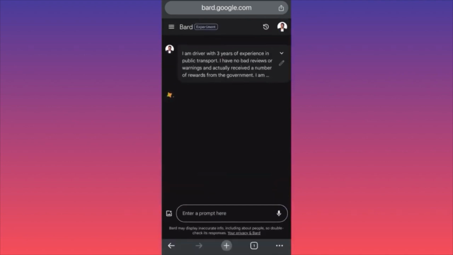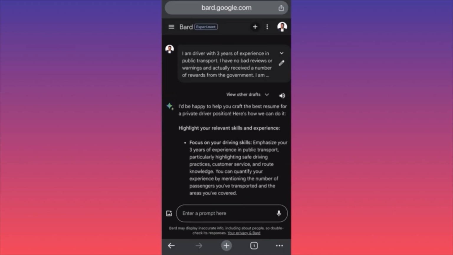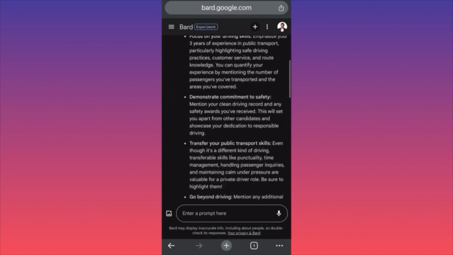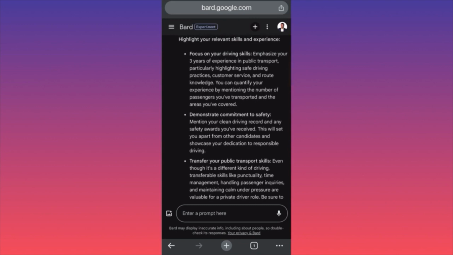Let's see what kind of objectives we are going to get. Okay, let's see. Highlight your relevant skills and experience. Focus on your driving skills. You see, guys, we got pinpoints over here. This is good because instead of us loading up our resume with so much irrelevant information, Bard AI is telling us exactly which to include and which to exclude. They said, focus on your driving skills, emphasize your experience,